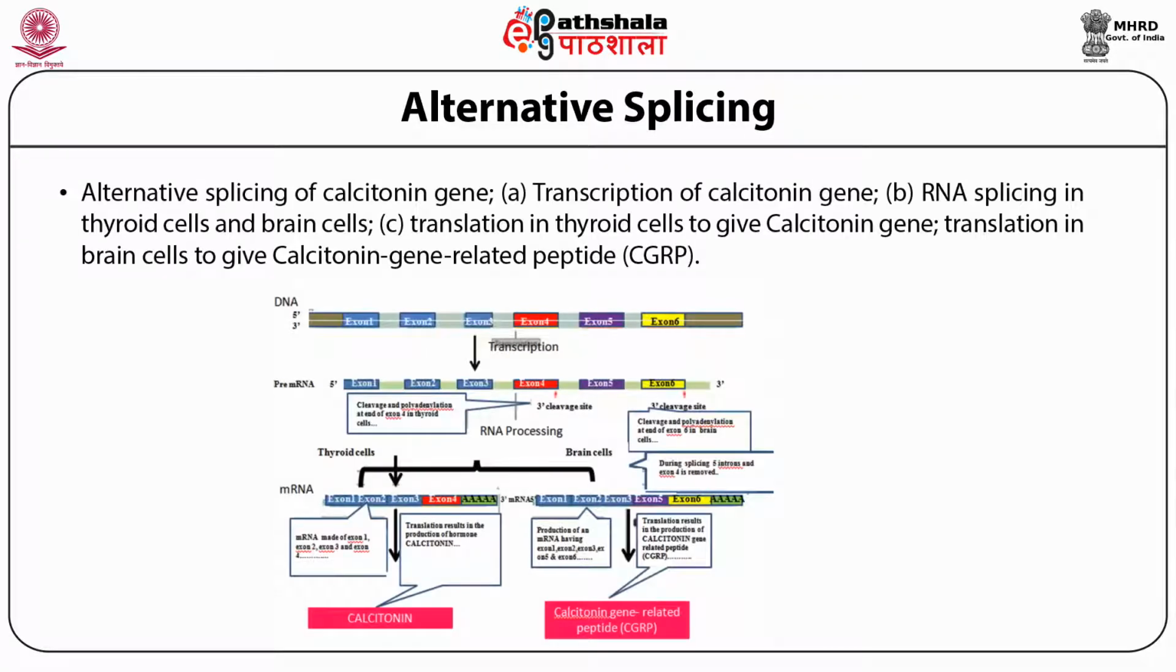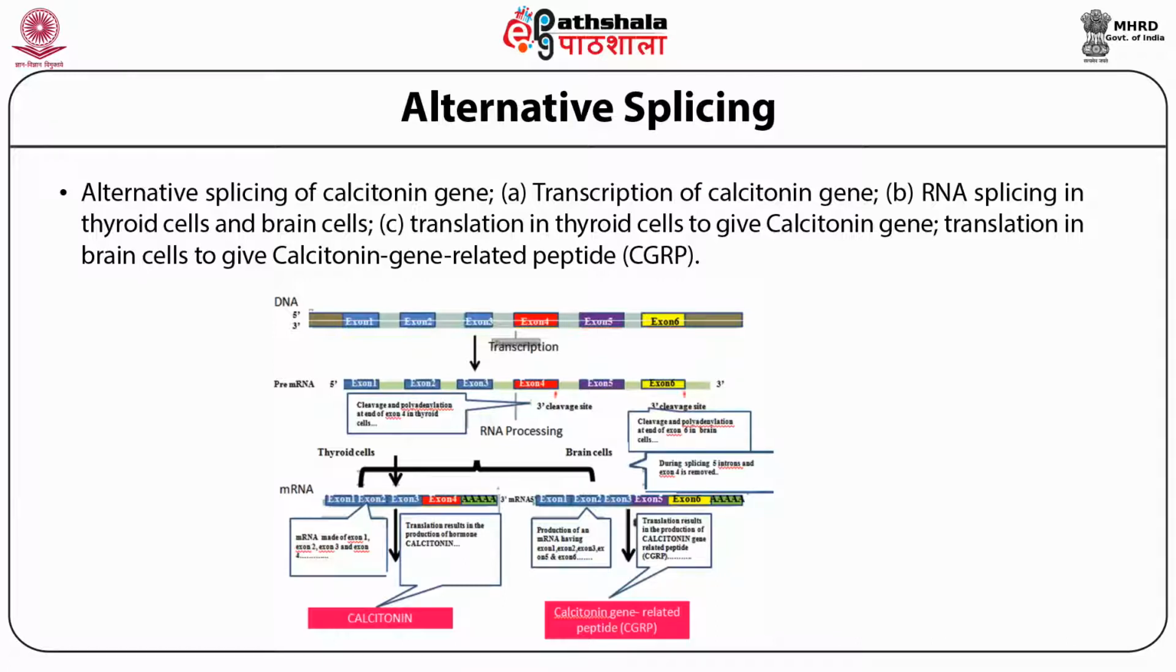Alternative splicing of calcitonin gene. A mammalian calcitonin gene exhibits both alternative splicing as well as multiple 3' site cleavage. The gene which codes for calcitonin has 6 exons and 5 introns. There are 2 possible cleavage sites present in the pre-mRNA, one after the 4th exon and second after the 6th exon. The entire gene is transcribed into the